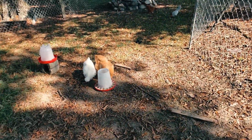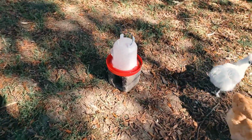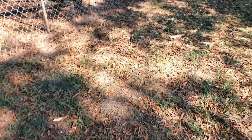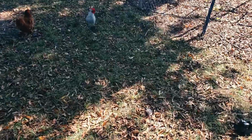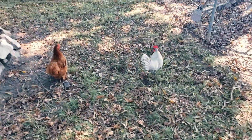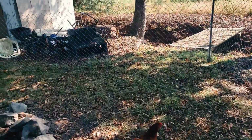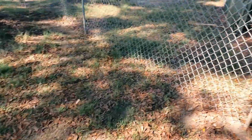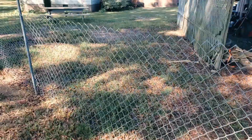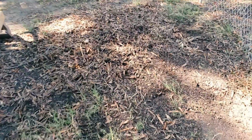But I got enough fence to where I'll still have their food out here. I'll still have water out here so they can get to that. Throw some lettuce out here. I got egg layer or layer mesh. I've got the fence pretty much in all of my yard for the most part, around everything. And what I'll do is I'll pick up these poles and I'll drive them back into the ground somewhere else in a different design. I got them some dirt and